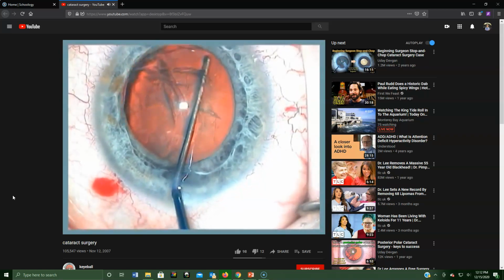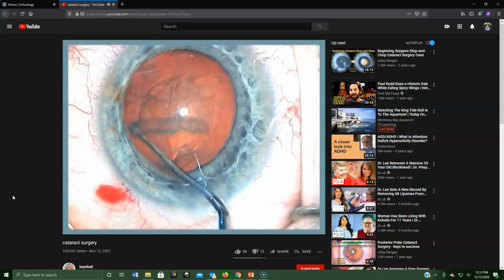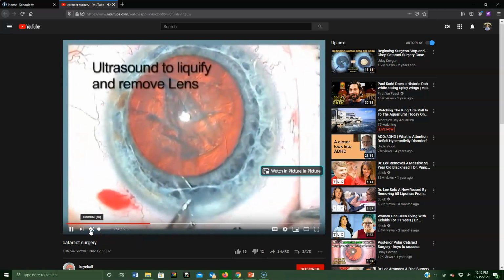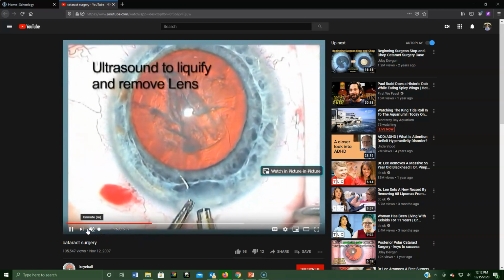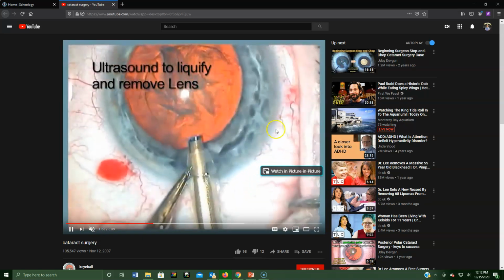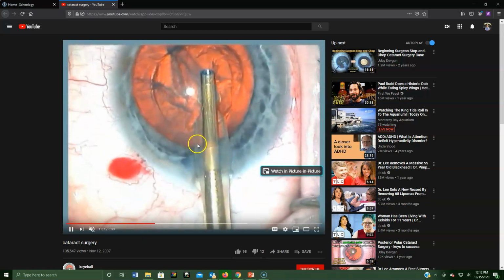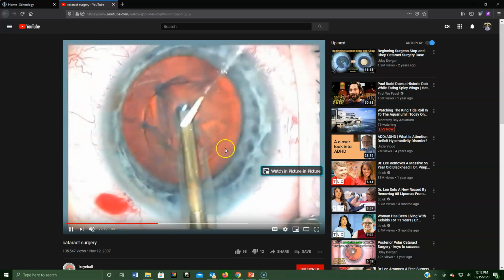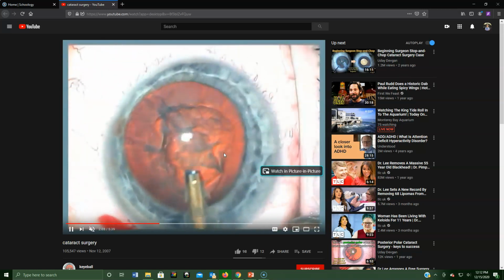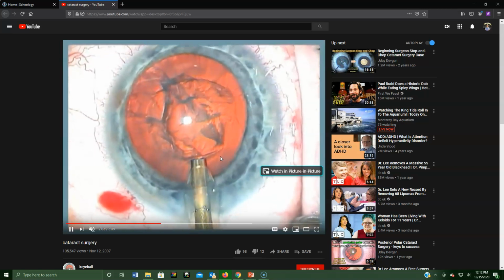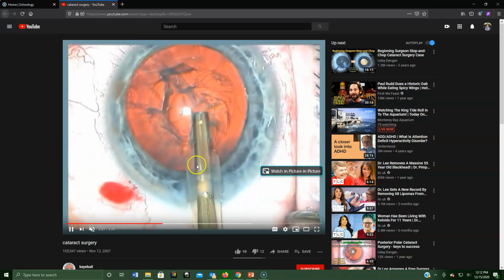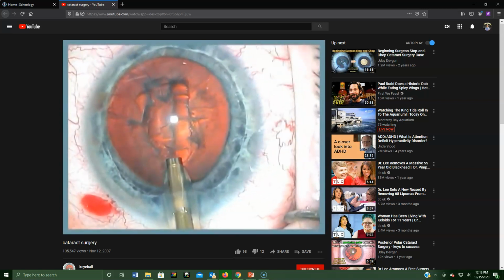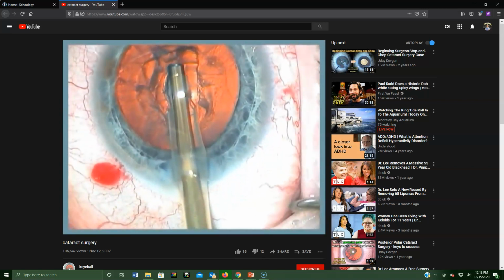We then rotate and free the lens. That rotation helped to break all the suspensory ligaments that were connecting the lens to the ciliary body. Now this little device is an ultrasound. It uses sound waves to break up the lens better, and it's also a vacuum, so it can suck up the lens as it's breaking it up. And so, yeah, you can notice it's creating little grooves in there, and it's sucking up that bad lens to